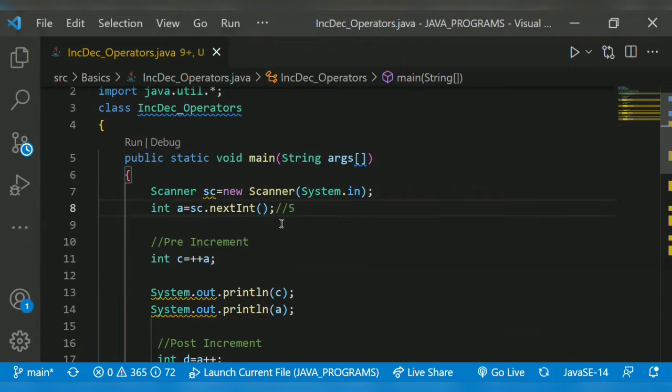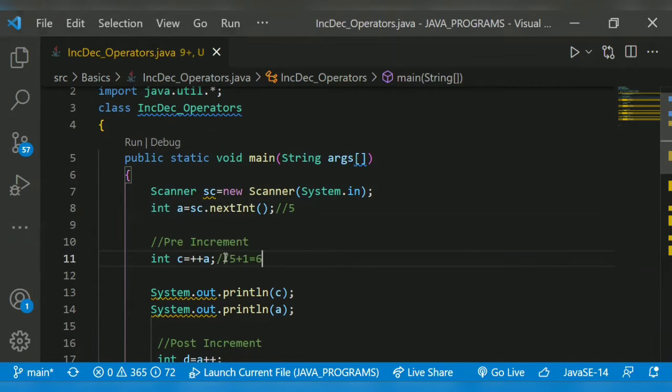Then the first operation we have to perform is pre-increment. Pre-increment means the value first gets incremented. Here int c is equal to ++a, which means this 5 will get incremented by 1. So 5 plus 1, which is 6.